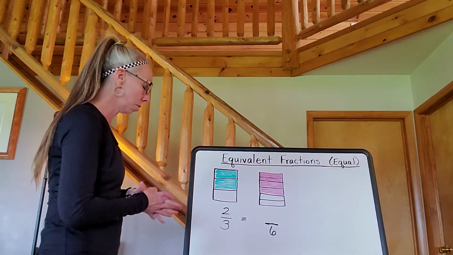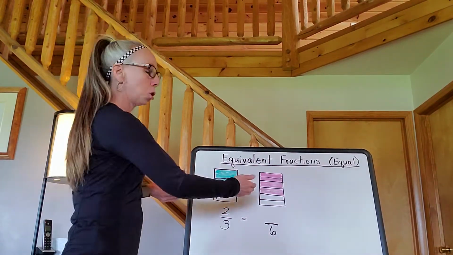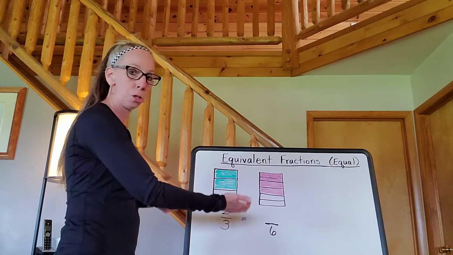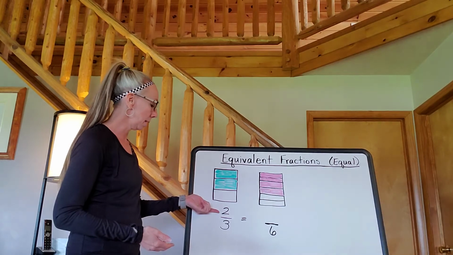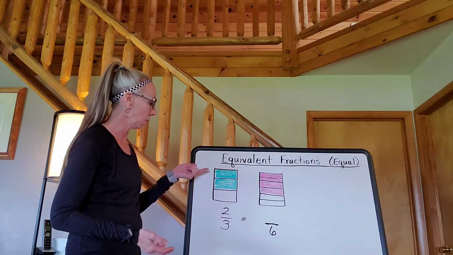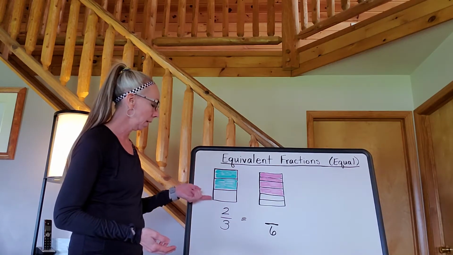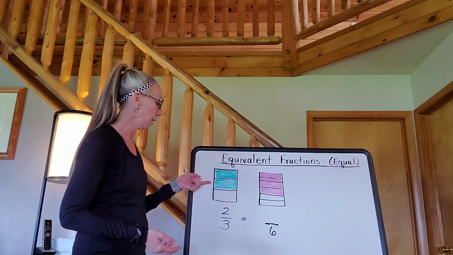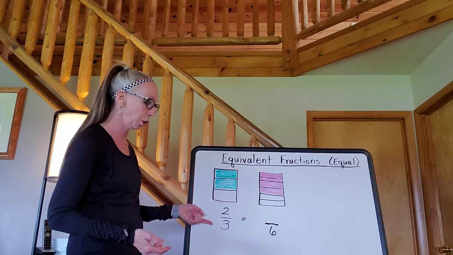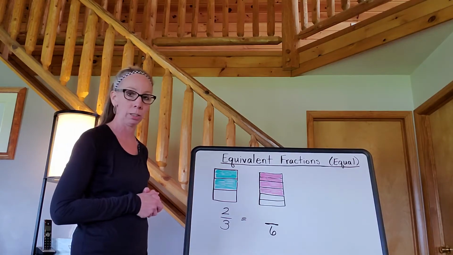So with rectangles, we are comparing these 2 rectangles, we are comparing these 2 fractions. So again, the first one's done for us. It says the numerator tells us that there are 2 pieces that are colored, and the denominator tells us how many pieces there are altogether, and there are 3. So 2/3 of that rectangle is